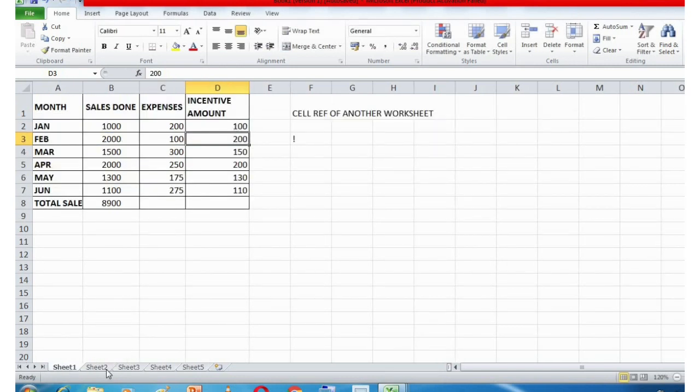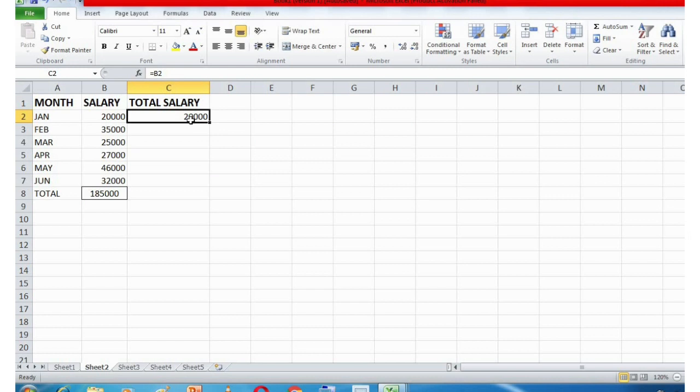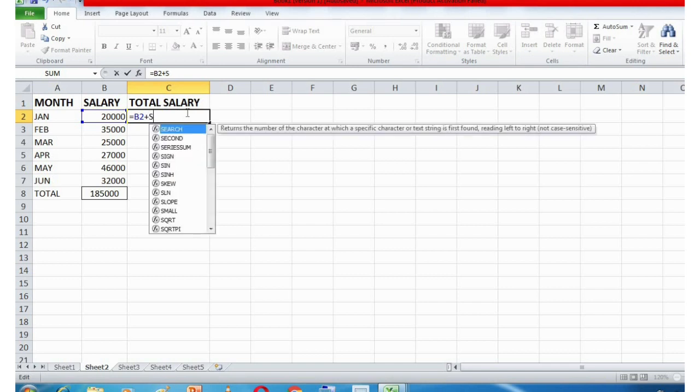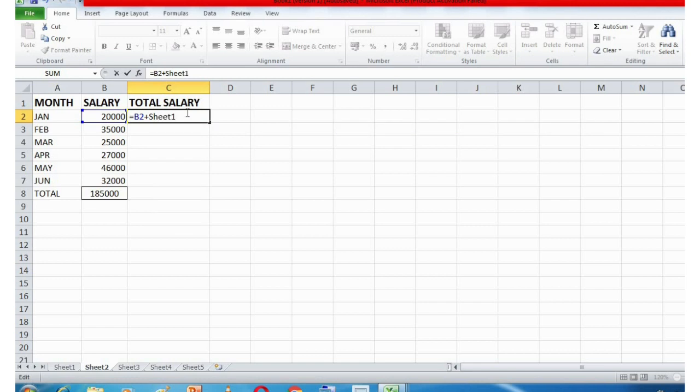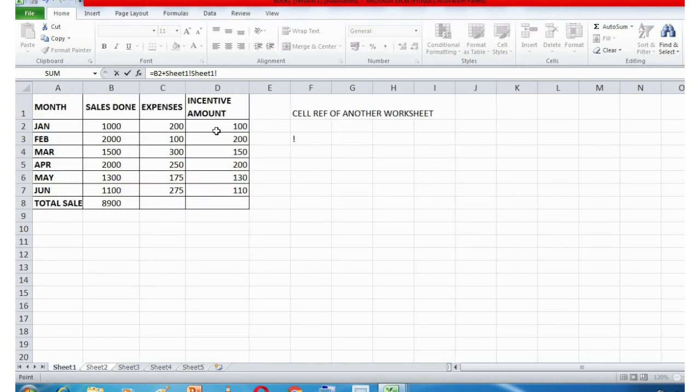So equal to B2 plus. Now I need to use the sheet name from where I want that data: Sheet 1. Now I am going to use the exclamation mark. Sheet 1, then exclamation mark, and then in sheet 1, where is the data written? It's written in D2.